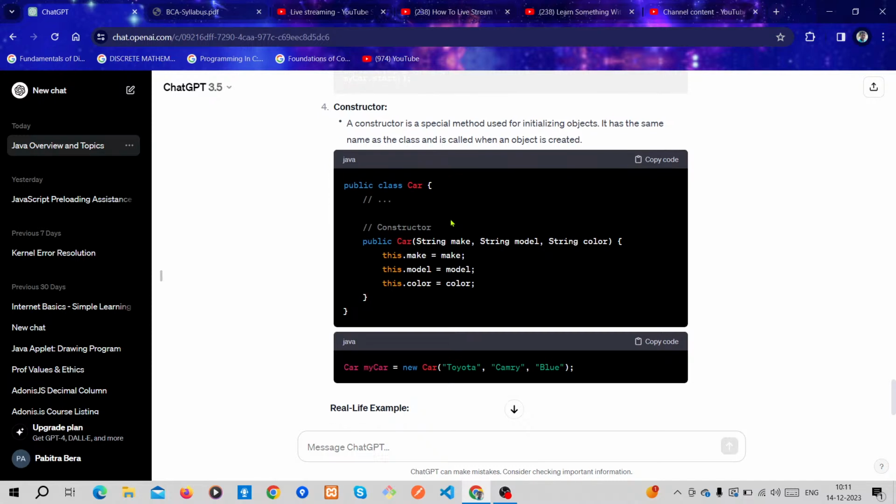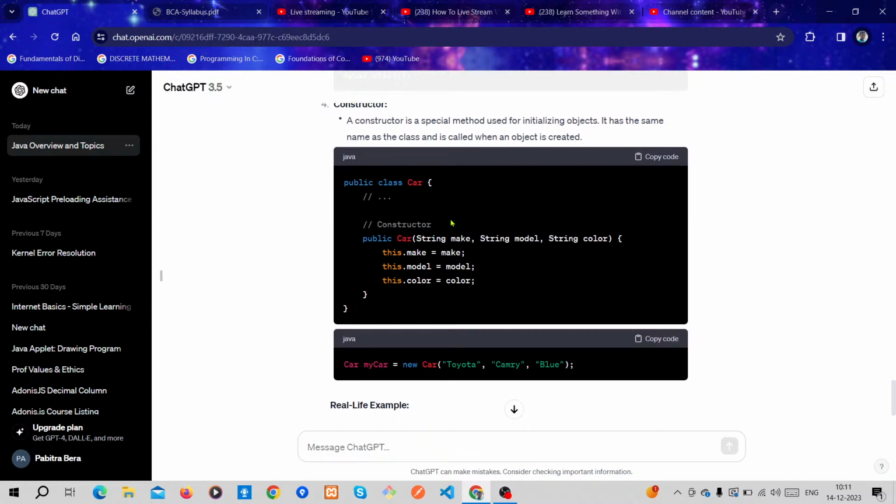Also I am telling you that a constructor has three types: one is the default constructor, second is the parameterized constructor, and third is the copy constructor. Three constructors are there. The default constructor is created automatically, whether you create it or not, and automatically called. Then the next constructor is the parameterized constructor, where you can see this is a parameterized constructor. It doesn't have a return type. Car doesn't have a return type.